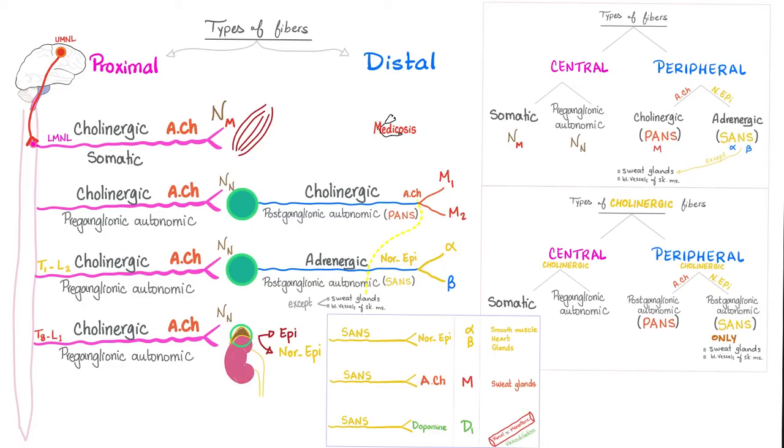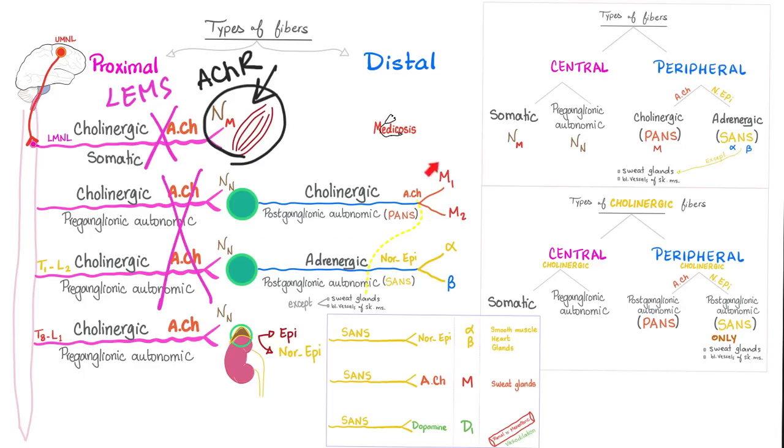There are many types of nerve fibers. There are somatic nerve fibers that supply skeletal muscles. There are autonomic nerve fibers, whether parasympathetic or sympathetic, that supply smooth muscles rather than skeletal muscles. Myasthenia gravis is only going to hit the skeletal muscles, the nicotinic subunit M receptor, which is the acetylcholine receptor. However, Lambert-Eaton myasthenic syndrome will destroy these fibers that supply skeletal muscles and these fibers that supply smooth muscles. And that's why myasthenia gravis only has somatic symptoms, motor weakness in skeletal muscle, but Lambert-Eaton myasthenic syndrome has somatic motor symptoms and autonomic symptoms.